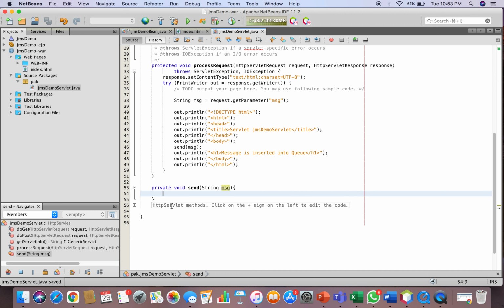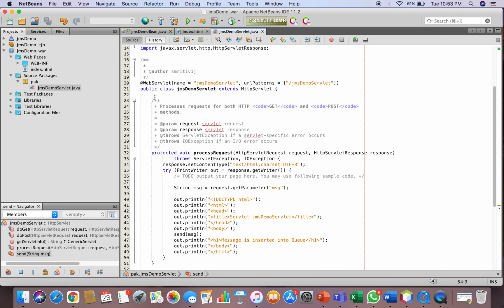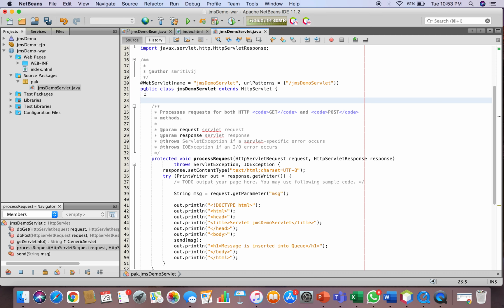Now first thing is we need to give the resources to this servlet. So that can be done by using the annotation @Resource. In this mapped name is equal to, first we are going to give the name of our connection factory.